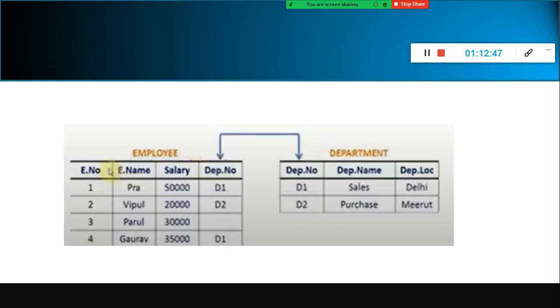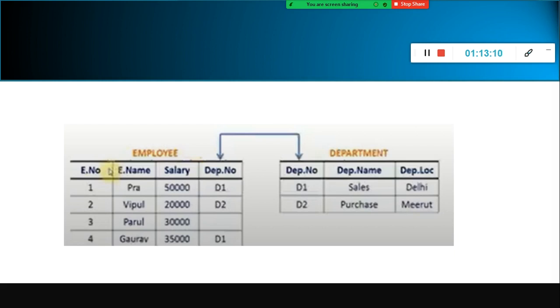Now we have the Aadhaar number. Those days when Aadhaar numbers were not there, they generated the ID, and even now they still use the employee number. They generate the unique ID for each employee. So a primary key is a key attribute using which we can uniquely identify each record in a table.